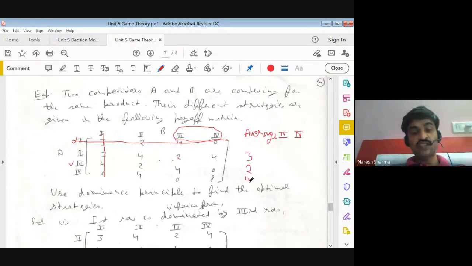If you see here this average column, all elements of this second column, because this serial number is second, that's why I'm saying second. So all elements: this 4 is superior to 3, 2 is equal to 2, 4 is equal to 4. So in this case, as we are comparing column wise, we neglect the superior value, so we can neglect this column. So now we are again left with these two columns.